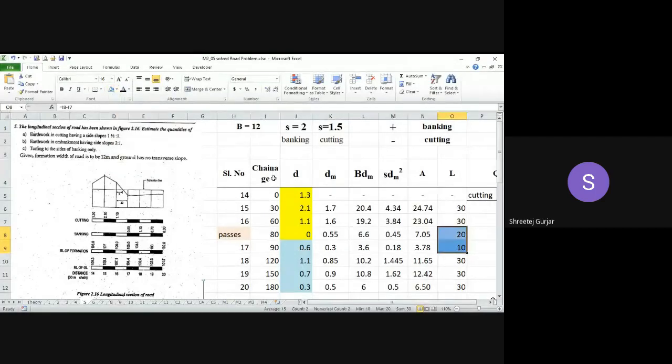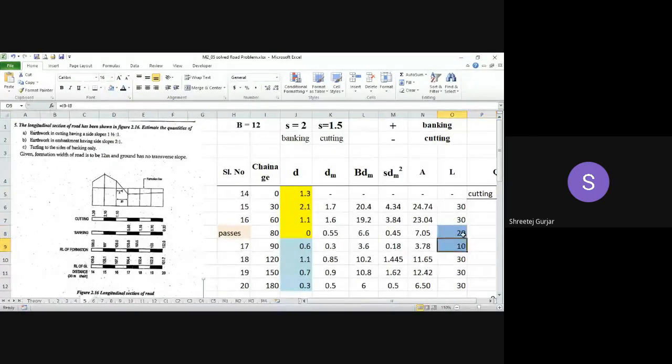In exam, you will make a mistake over here. You will write 30 and 30 here. But from this change to this change, it is 20, and from here to here it is 10. Right? From here to here, you can observe the difference is 20, and from here to here it is 10. Okay, so do not forget this step. Do not make a mistake while writing this.